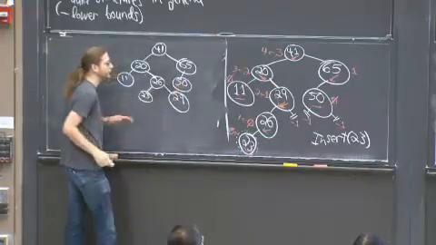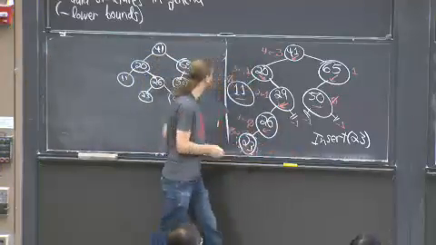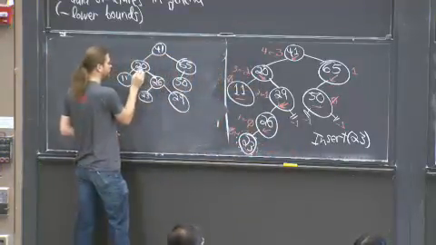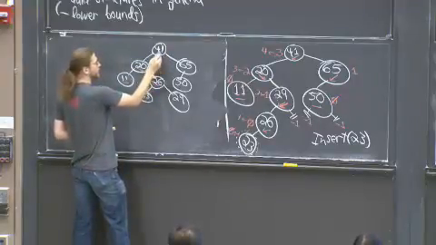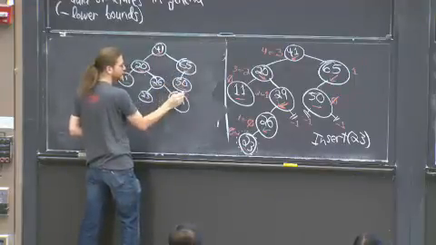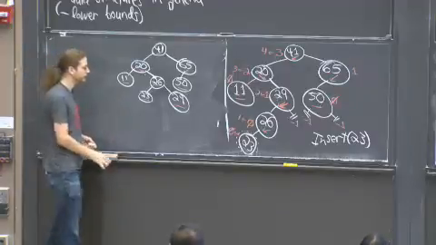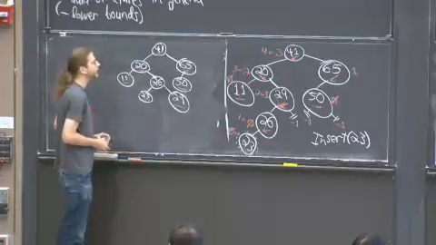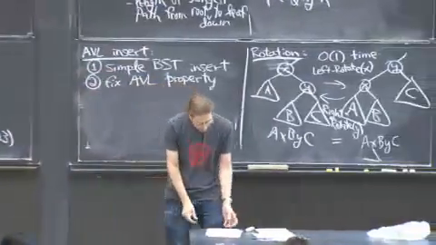And we are happy, except I didn't draw the whole tree. Now we're happy because we have an AVL tree again. Good news. So just check. This is even. This is right heavy. This is even. This is left heavy still. This is left heavy, even, even, even. OK, so now we have an AVL tree, and our beauty is restored. Do one more example.